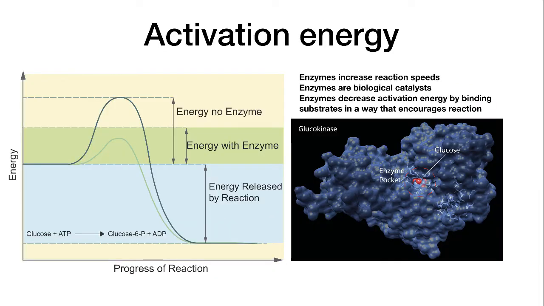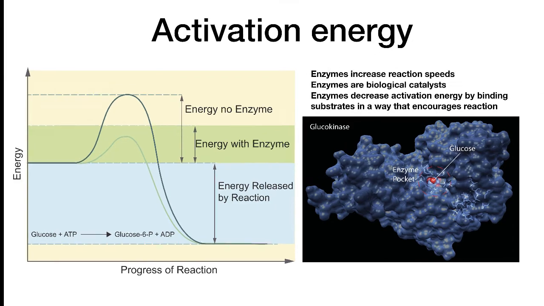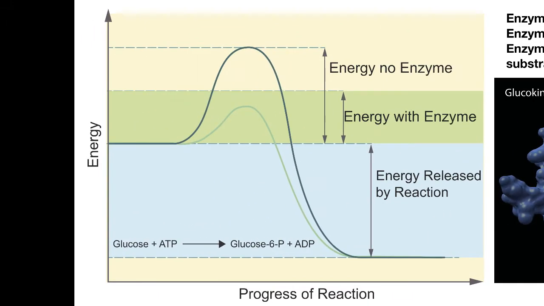Another important concept is activation energy. We can graph a reaction out and represent this conversion as shown in the diagram at the right, which is called a reaction coordinate diagram. Again, don't worry, I don't expect you to remember the name. It shows how the energy in a system changes during the reaction. If a reaction is favorable, in other words, it will occur without added energy, the energy state after the reaction is lower. It's like having a ball on a hill and it will roll down the hill.